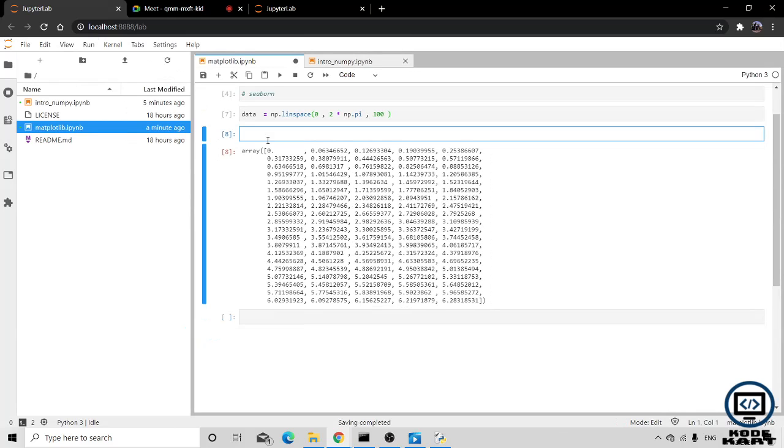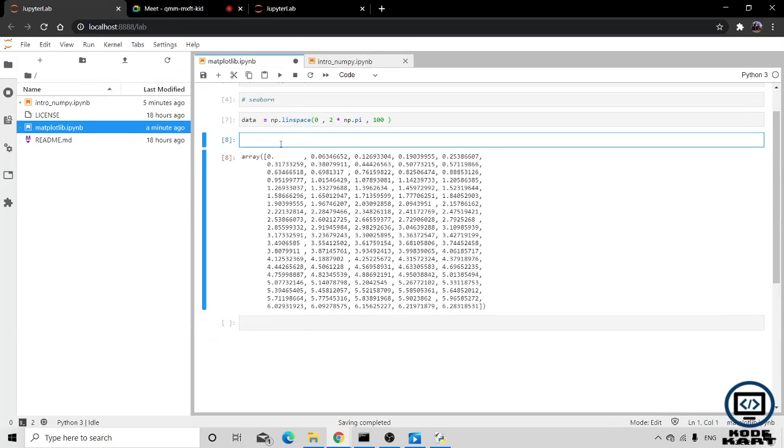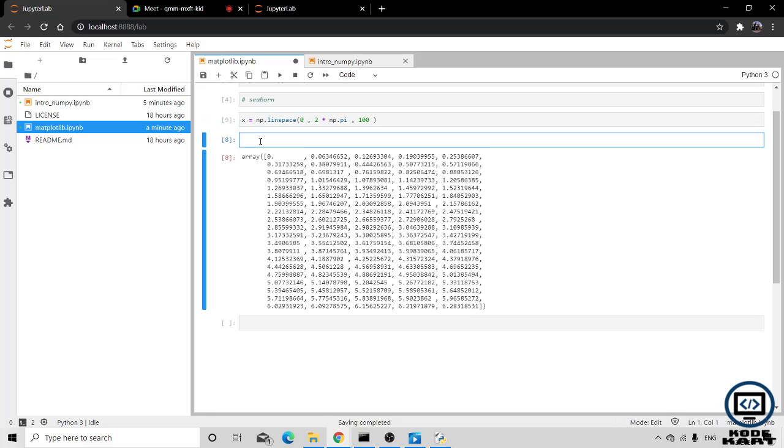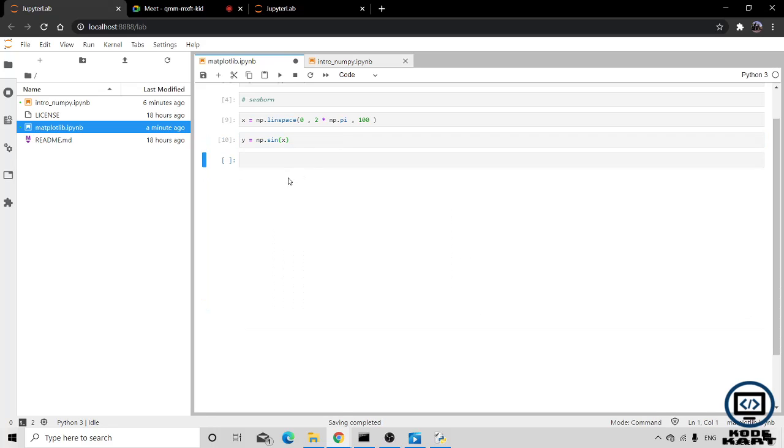Let's name this data x. This is our x-axis. For the y-axis I want np.sin(x), which is the sine of all the values.